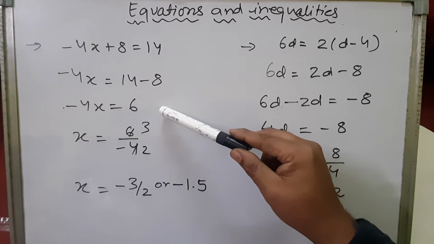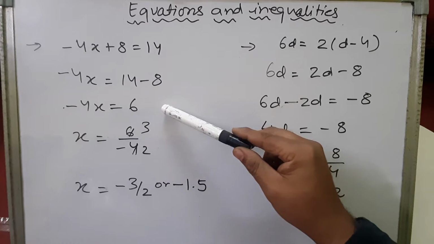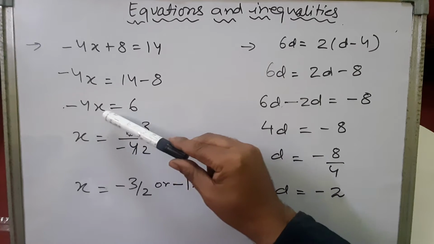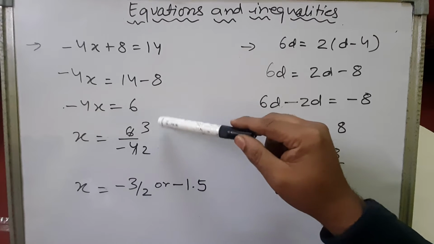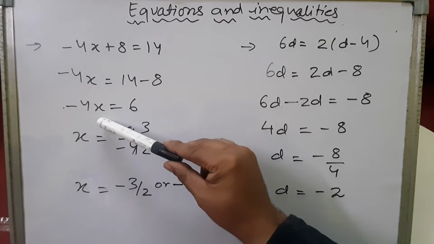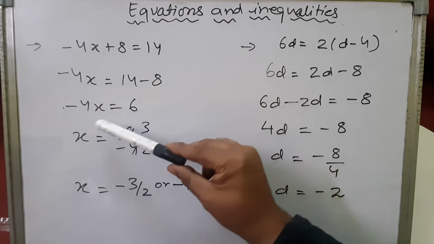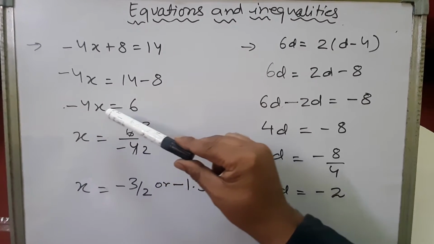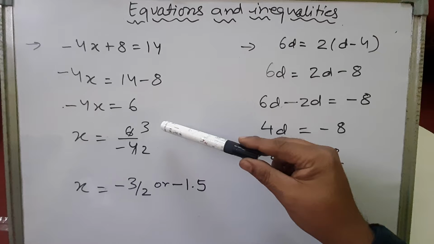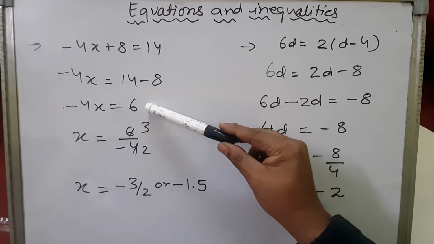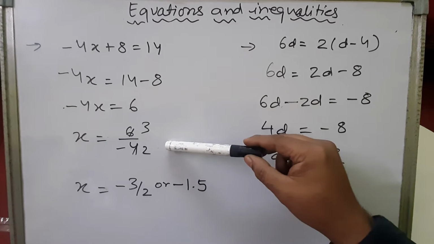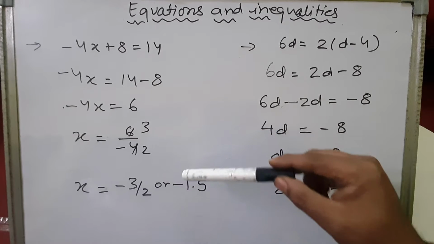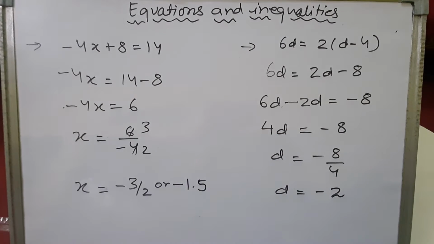Now we have to find the value of x, and we are getting minus 4x equals 6. Now what we'll do, we'll cross multiply 4, because minus 4 is present in multiplication with x. So there is the operation of cross multiply. When anything is in multiplication with a certain number, we'll cross multiply to solve it. When it is written plus 4 plus x, or minus 4 minus x, then we'll transfer this minus 4 to the right hand side. Here it is written minus 4 into x, so we'll cross multiply minus 4. So the value of x will be 6 upon minus 4, that will be 2 3s are 6, 2 2s are 4, that will be minus 3 by 2 or minus 1.5.